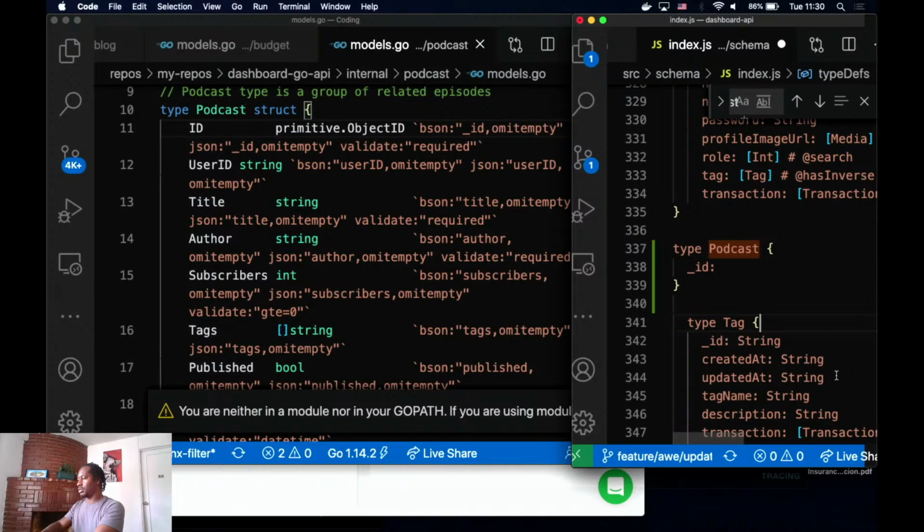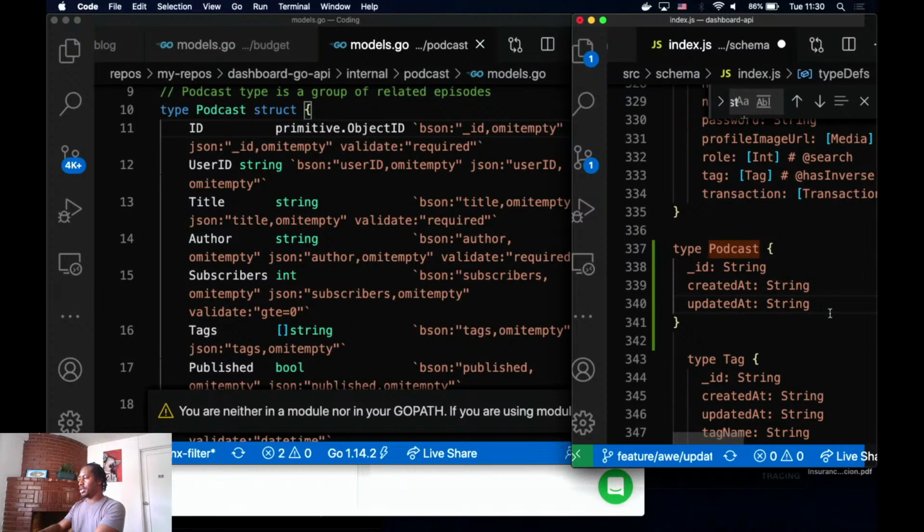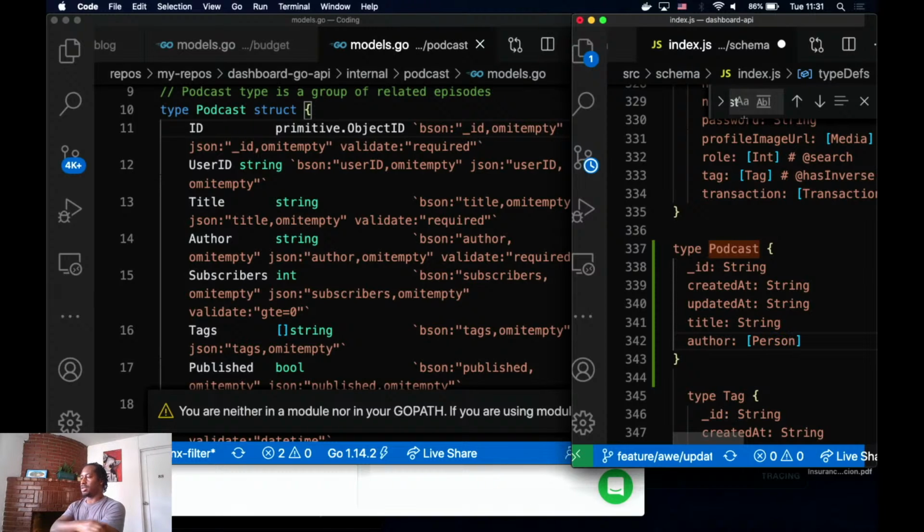Just gonna copy this real quick because everything has an ID. Created and updated that. All right, title, string. Author, that's gonna be person. I'm gonna leave it a string for right now.